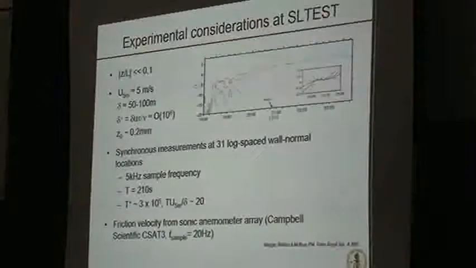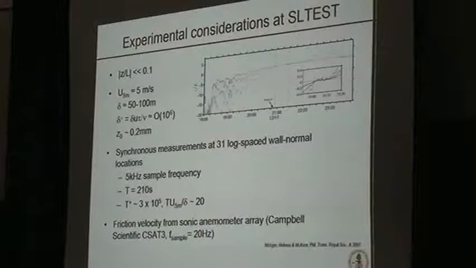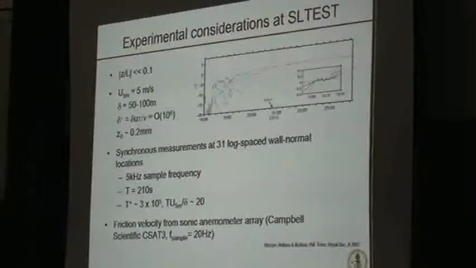Okay, so the stability plot. Everything I'll show you from now on obeys the strict stability criterion, so 0 now, much less than 0.1. And just to give you some sense for the numbers, at the highest hot wire, the mean velocity was of the order of 5 meters per second. Delta was estimated to be somewhere between 50 and 100 meters. Delta plus was of order 10 to the 6, and for this particular set of experiments, C naught was between 0.2 and